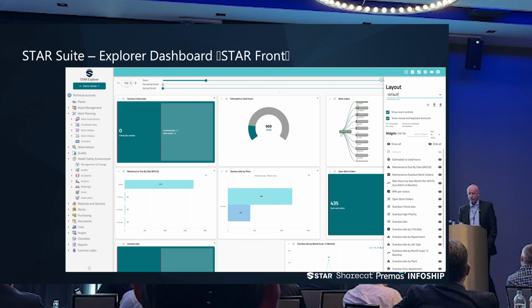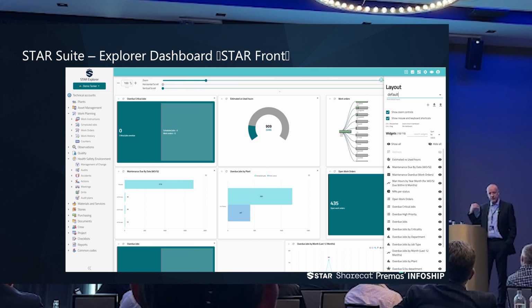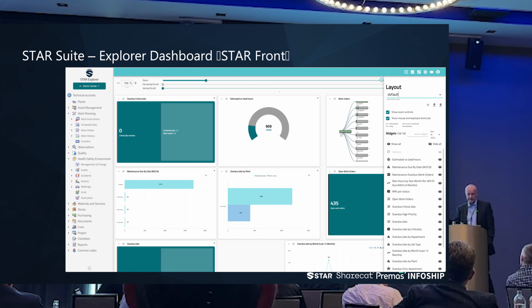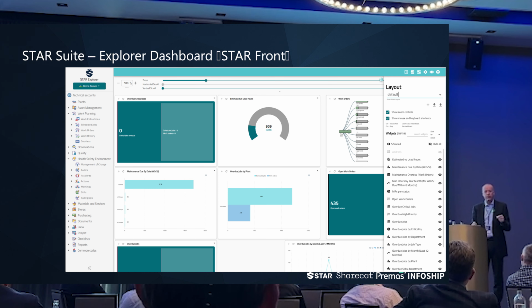For the onboard user, there's also a dashboard. This is the Star Explorer user interface, and it has a Star front, similar but different from what was in Star IPS. We're now using something called widgets, and the widgets can come in different shapes for different purposes. So the dashboard to be used on board is meant to be a presentation of what's the condition right now,